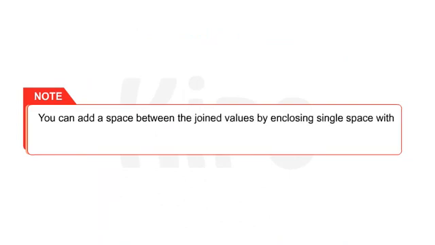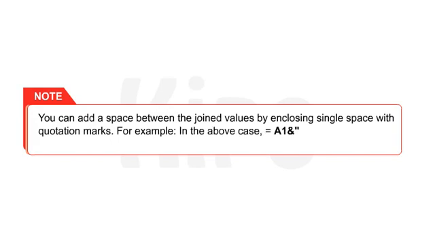Students, note that you can add a space between the joined values by enclosing a single space within quotation marks. For example, in the above case, equal to A1 ampersand, double quotes, space, double quotes close, ampersand B1 will yield the result as KIPS India. Let's